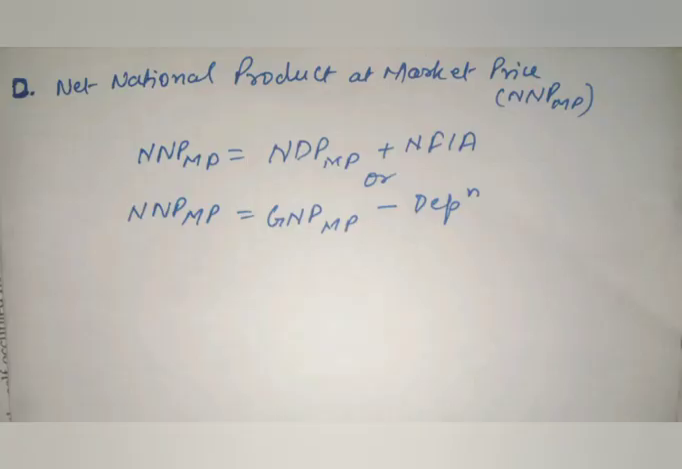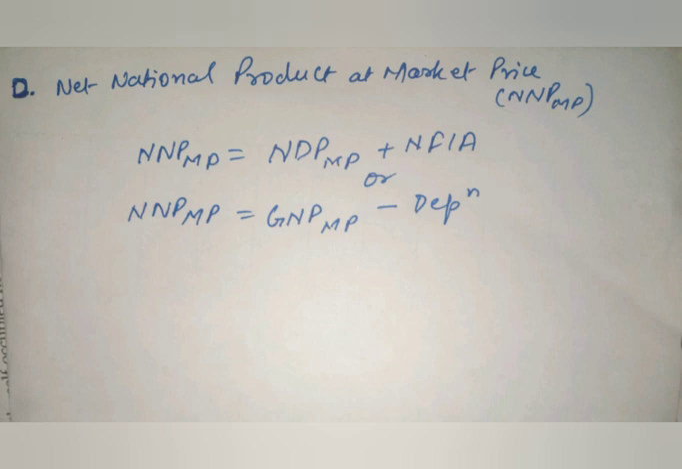The next aggregate is net national product at market price, which is equal to the final goods and services produced in the domestic territory of an economy during an accounting year and net factor income from abroad. For deriving this from NDP MP, we need to add NFIA, and to derive it from GNP MP, we need to reduce